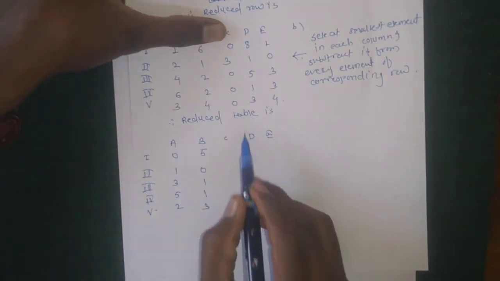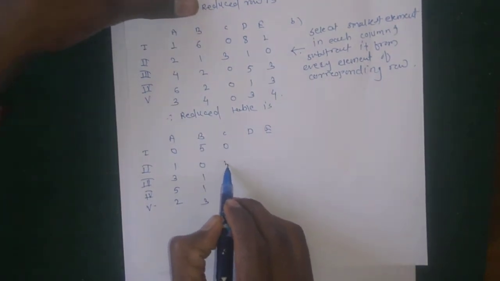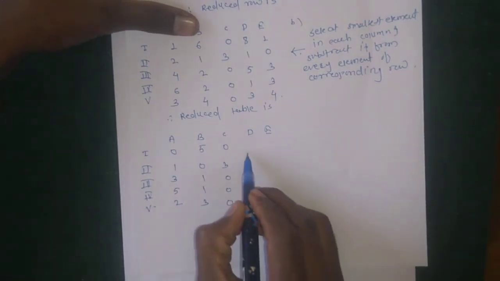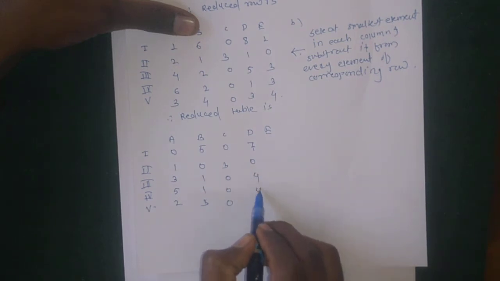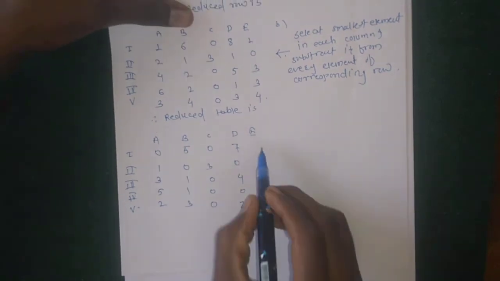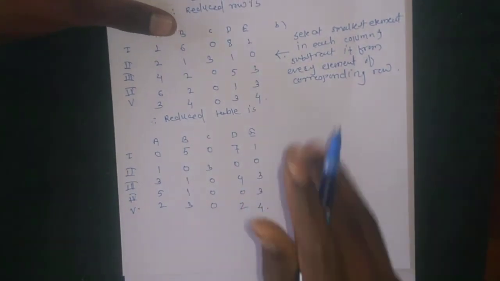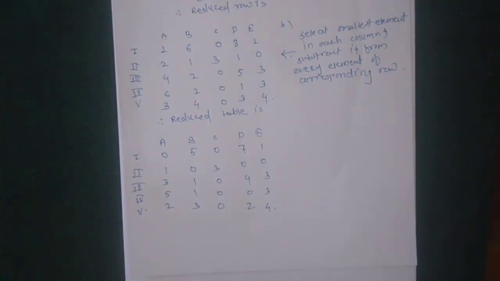Okay, here 0 is the smallest element, so this column remains as it is: 3, 0, 0, 0. Okay, then 1 is the smallest element, so here 7, 0, 4, 0, 2. Okay, then in the last column 0 is the smallest element, so subtract it: 3, 3, 4. Okay, then next we have to assign the